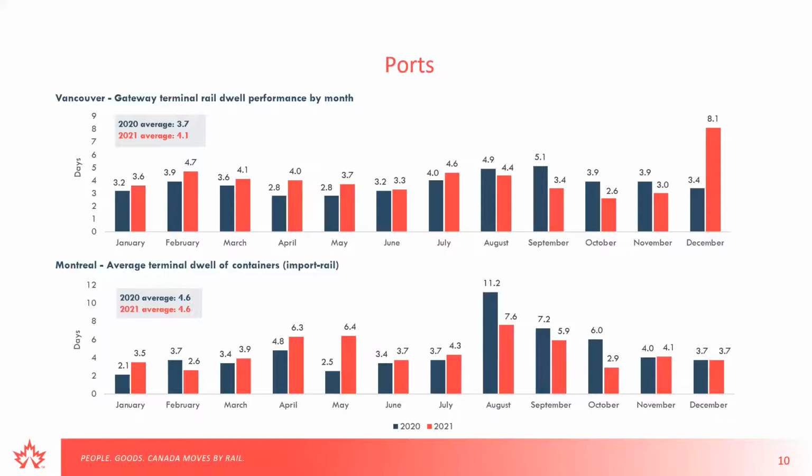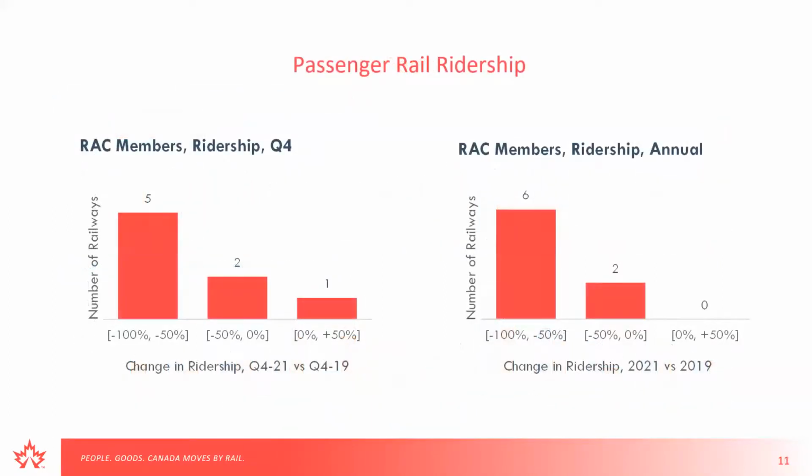All right, next. So now we'll be switching to the passenger side. There's a little bit less data overall on passenger rail, and the amount of the report dedicated to passengers is going to be a little bit shorter than freight. But we do have some good data from public sources, and this slide right here is the one source of member information that we've included.